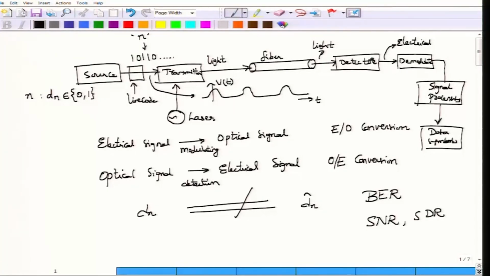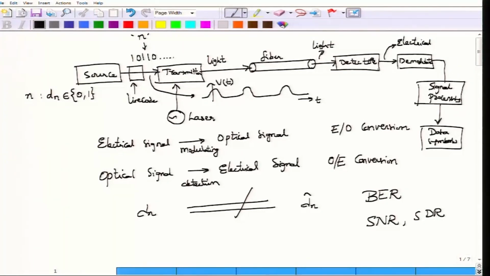Alright, in the remaining time of the module, I will attempt to describe the transmitter to you. You have to keep this particular block diagram in mind. You start with the source, you have the data sequence which is produced by the source that needs to be converted into an electrical signal in the form of pulses. This is called line coding or pulse shaping. From this line coded electrical signal, which you would provide as input to the optical transmitter, out comes the light. This light which is coming out of the transmitter would represent whatever the electrical signal that was fed to its input, and these modulated light signals are carried away by the fiber from one point to another point,